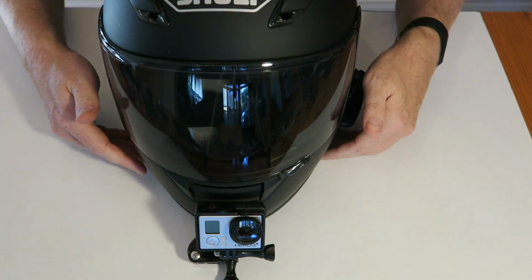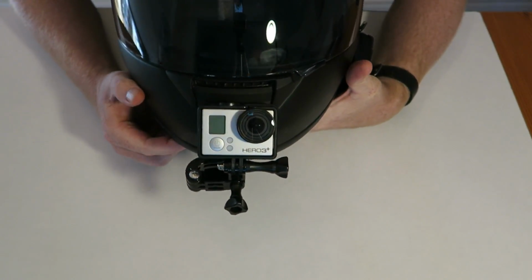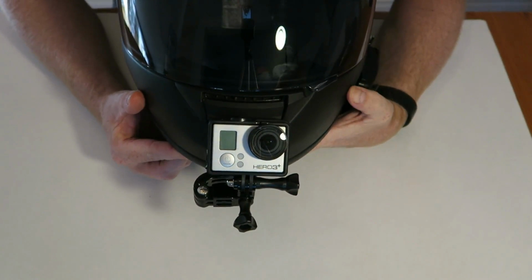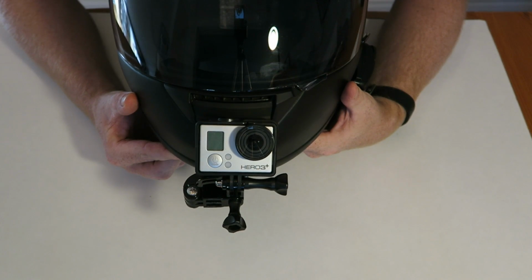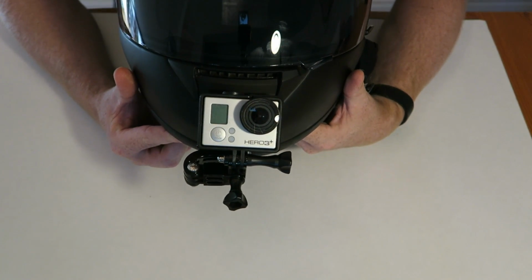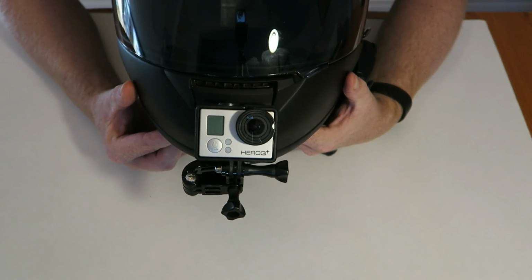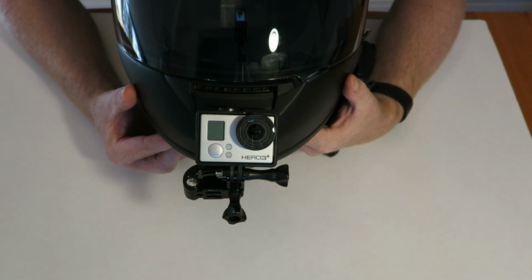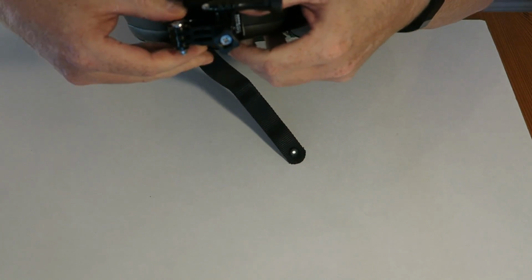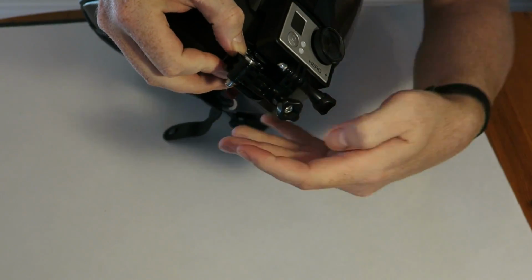So this is my current camera setup. Now I usually have the Sena Bluetooth backpack connected to it, but it works all right. The problem is for me that it's asymmetrical, and I'm a bit of a stickler on that type of thing. And then if I can remove this thing,